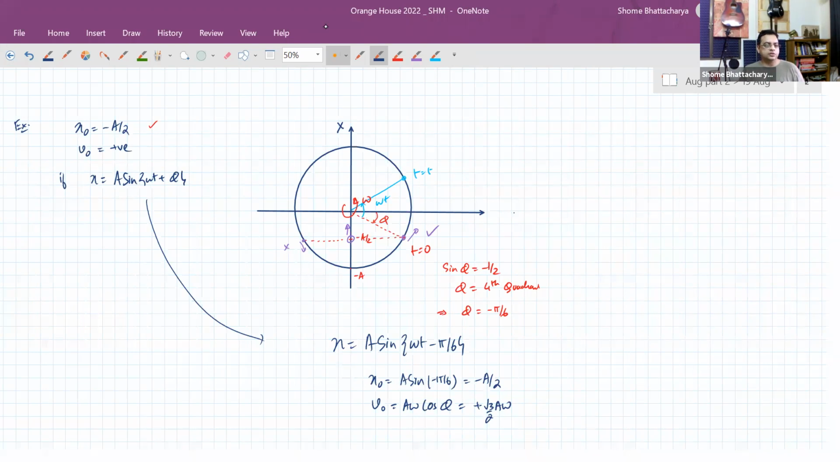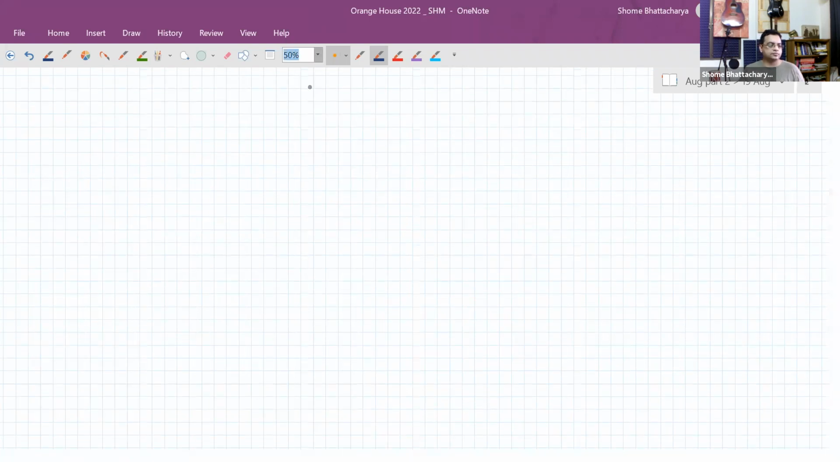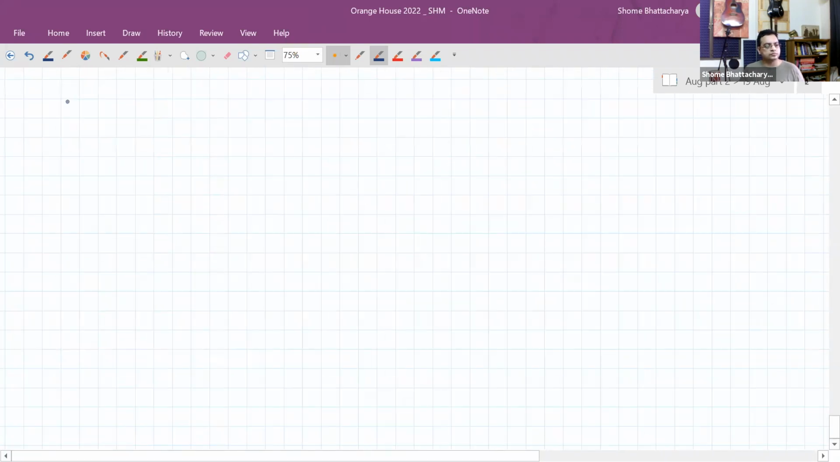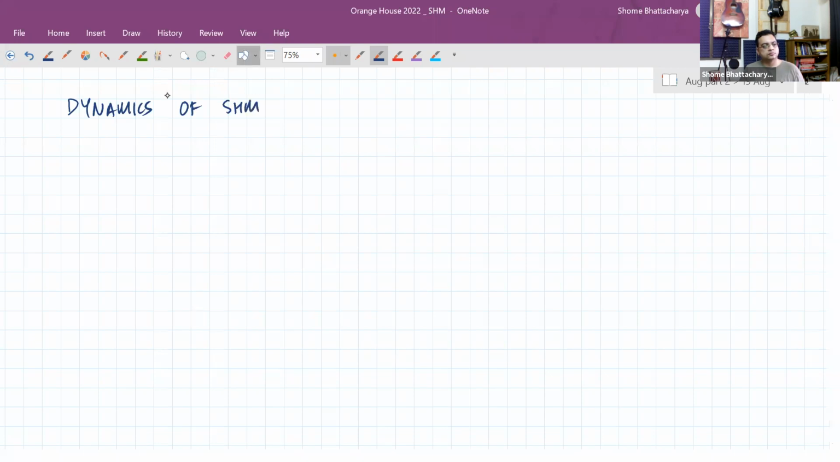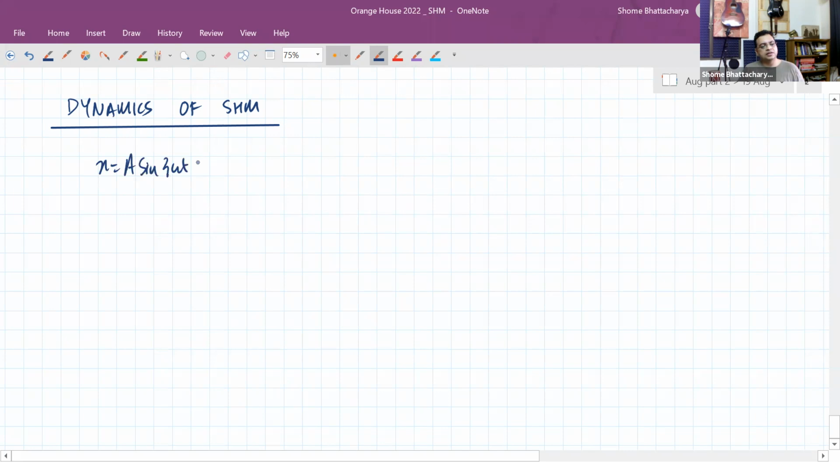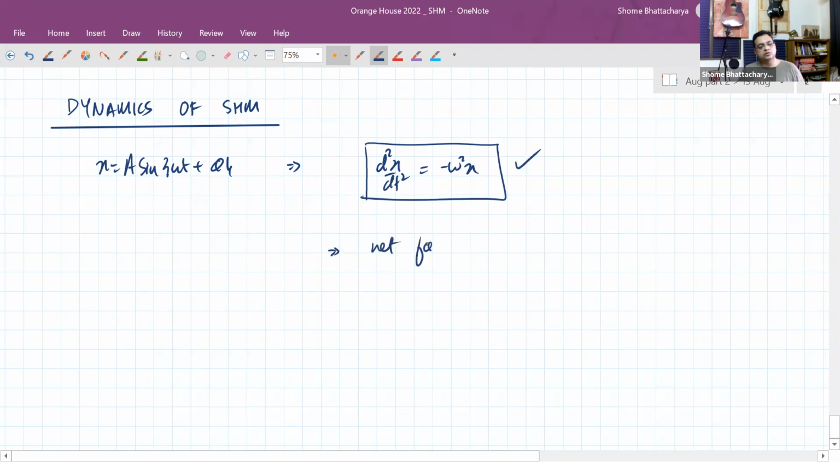Okay, so hope this concept is clear to all of you. Now from this we move on to dynamics of SHM. So basically we've already discussed what equation we use. X is equal to a sine omega t plus phi. This implies that d2x by dt square is minus omega square x. Already implies this. So that means that the net force